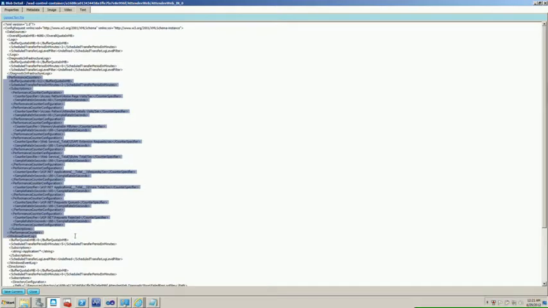Here's a set of perf counters that I just defined. This does include the custom perf counters as well. This is a textual XML view, as you can see. If I bring up, for example,